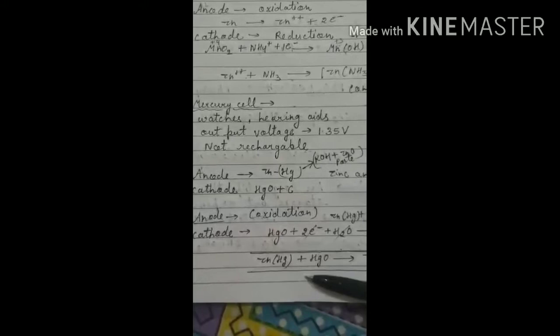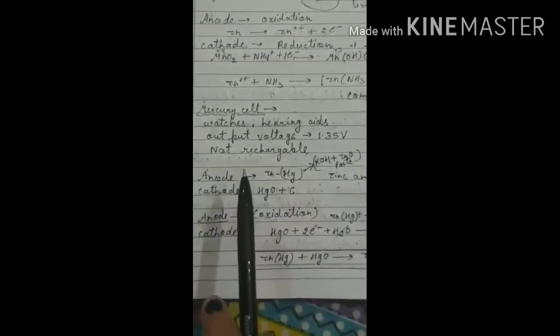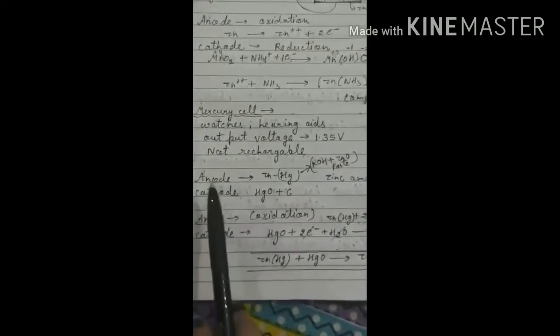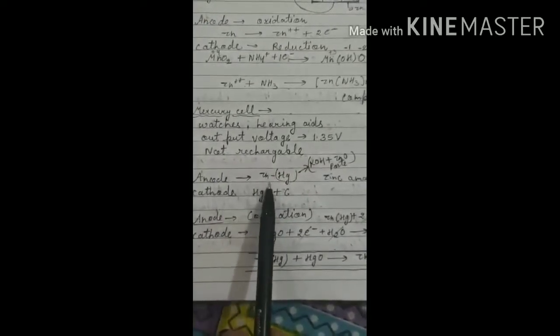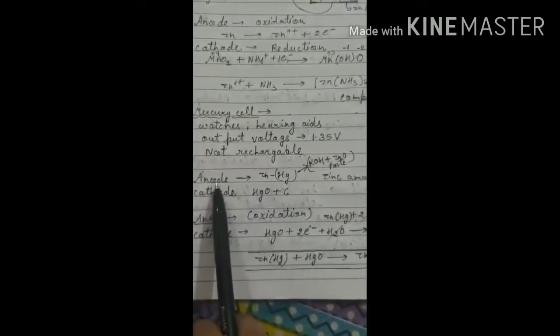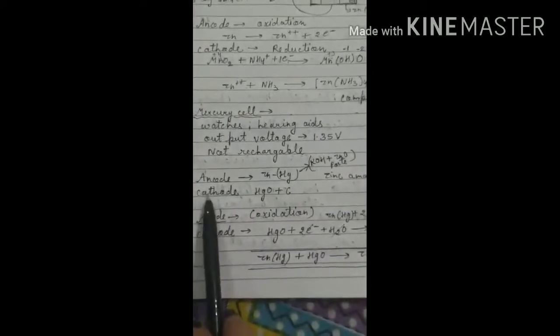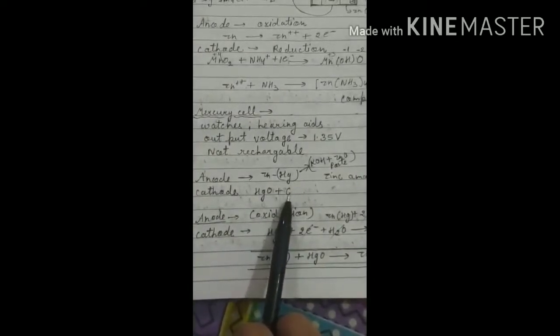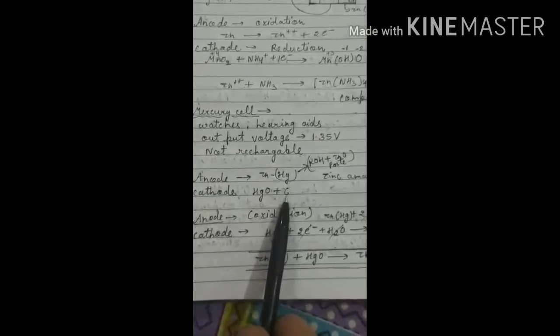Okay, now we are coming to its working. For working, we must know that a redox reaction will take place, in which oxidation and reduction both take place. Oxidation will take place at the anode and reduction will take place at the cathode. So here first I have written zinc amalgam, Zn and mercury, which in combined form acts as the anode terminal, and the paste used as an electrolyte is the combination of KOH and ZnO. Now the cathode terminal: HgO and carbon in the form of graphite will act as the cathode.